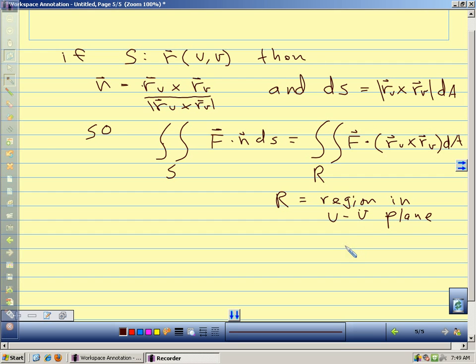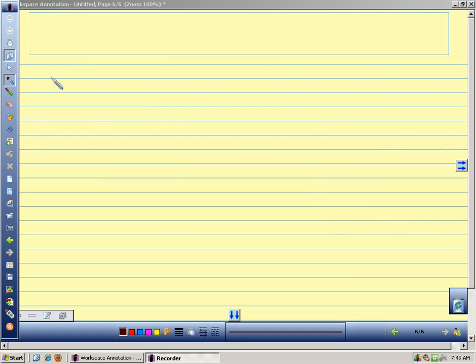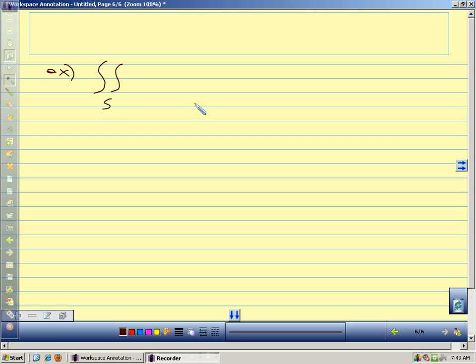So these two equations give us our method of evaluating our surface integral of a vector field. Questions on the development? Okay. Let's look at a couple of examples. I'm going to try to go quickly so that we can get through these, so you have some examples to work from. So we want to find the surface integral of